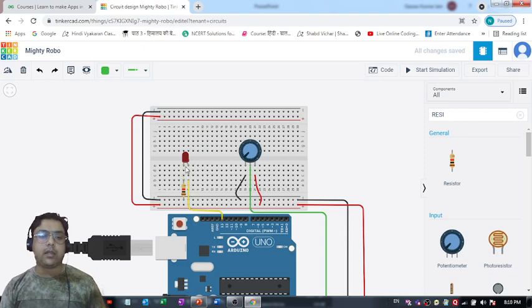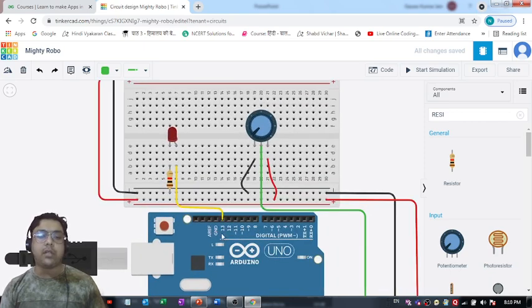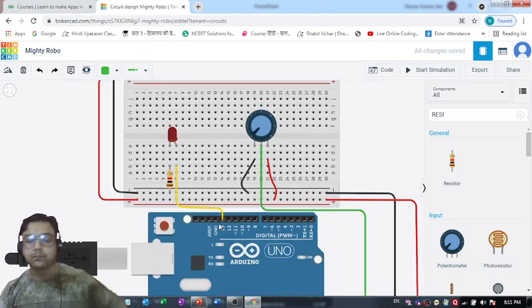Then I connected this LED's cathode point with this resistor, and the other end of the resistor is connected to the negative terminal of this breadboard, and the anode point of this LED I have connected with pin number 13 of Arduino Uno R3 board.